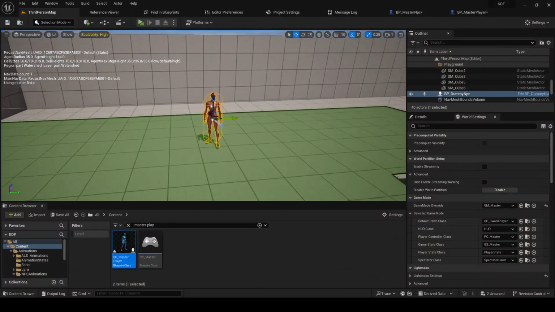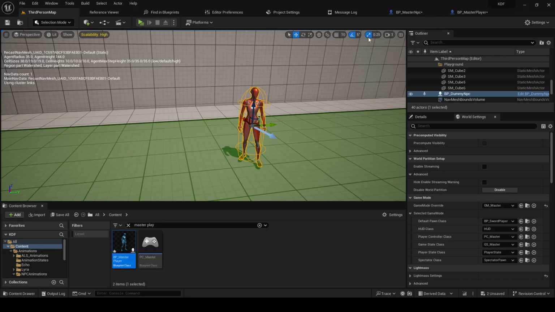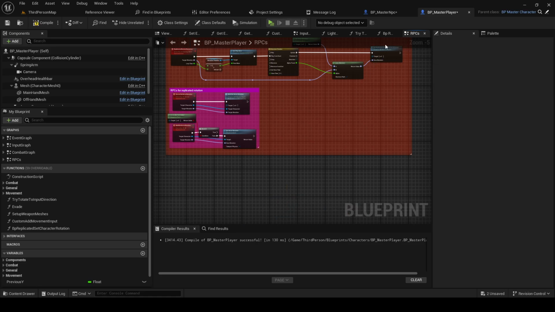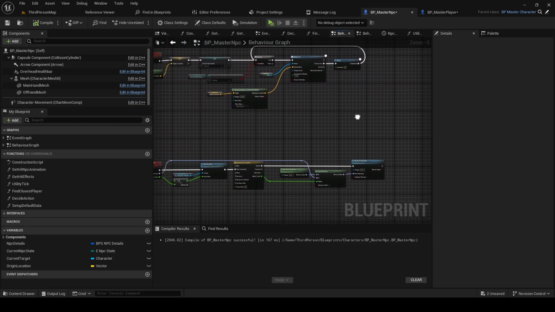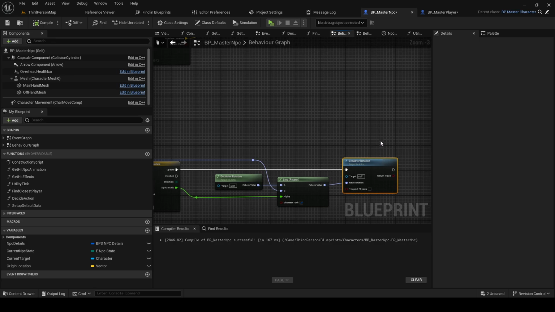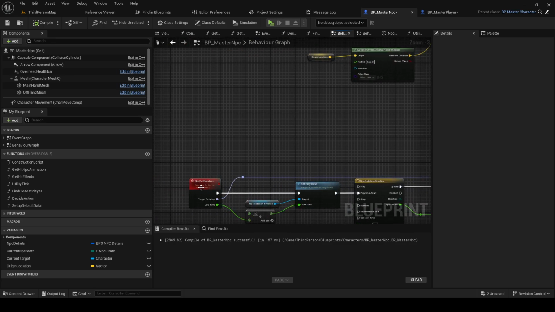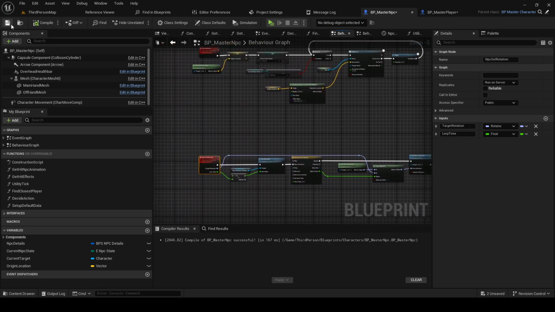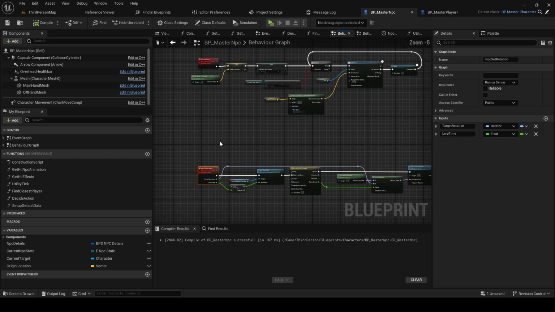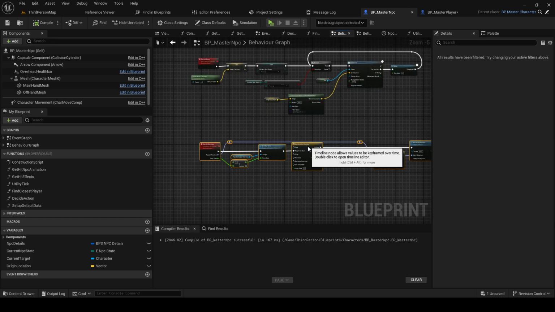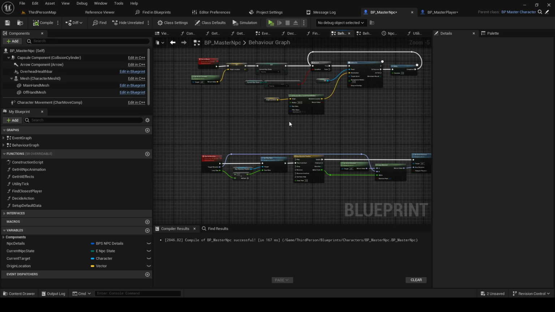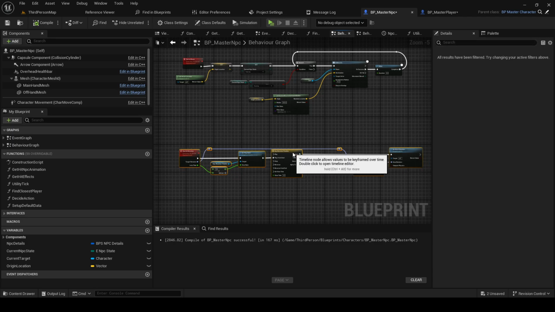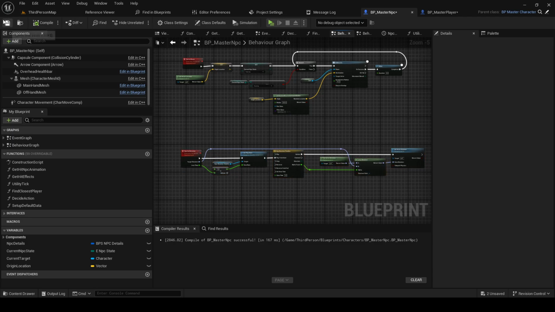So what we probably want to do is change this so that this doesn't trigger at the beginning of the attack. We want it to trigger at a certain point in the attack, likely after we have telegraphed and stuff like that. So we will simply